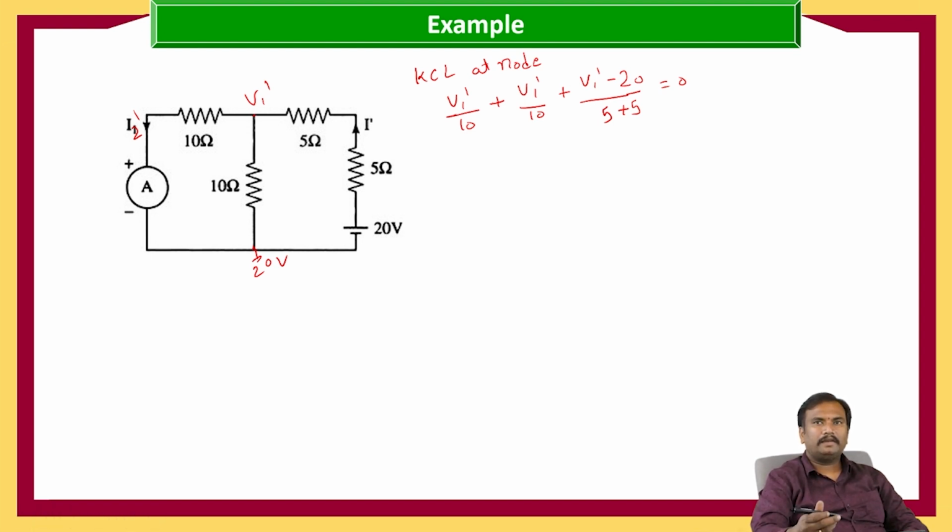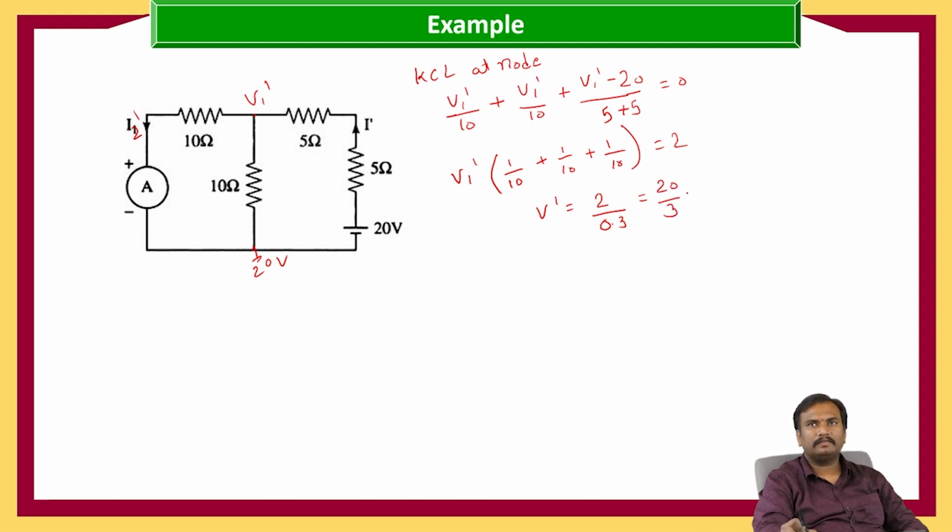Which we can get as V1 dash into 1 by 10 plus 1 by 10 plus 1 by 10 equals 2. So V1 dash is equal to 2 divided by 0.3, that is equal to 20 by 3,